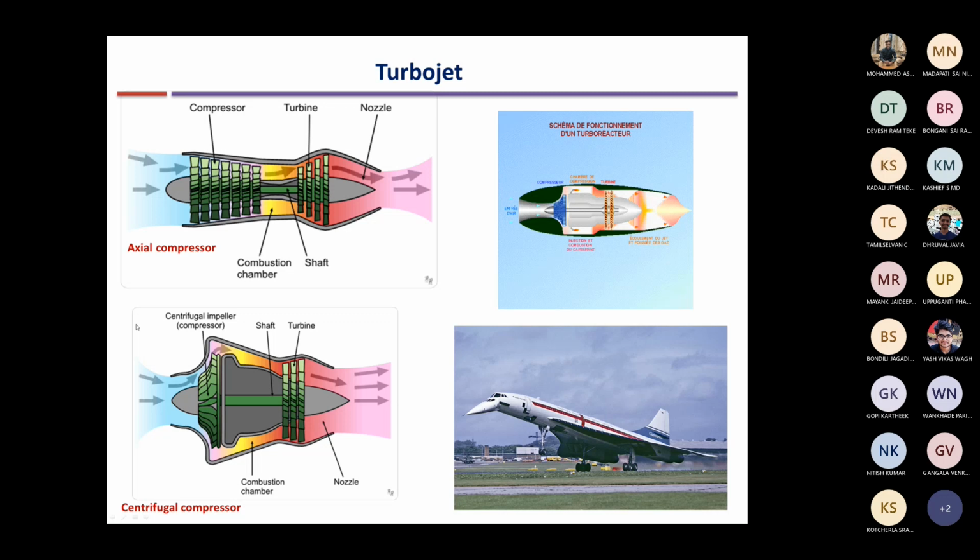Can you say what will be a disadvantage of the centrifugal compressor as compared to the axial compressor? Less pressure ratio. Centrifugal compressor, less pressure ratio. Why less pressure ratio? Sir, because the direction of airflow changes frequently, and there will be a lot of pressure losses. Not really. The direction of airflow change is actually a problem, but it is not a problem in terms of pressure.